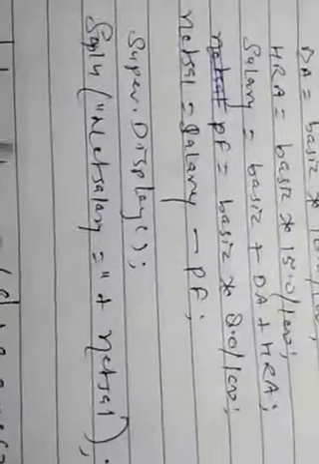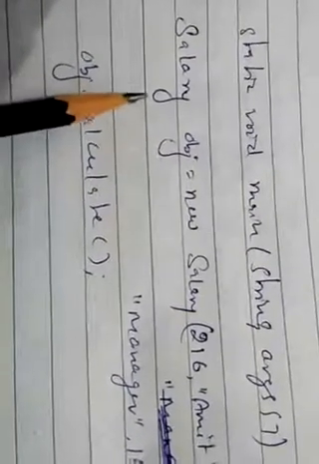So first we will call super.display. With the help of the super keyword we first call the display function of its base class, and then we print the net salary. Now we make the main function, public static void main String args. First we create the object of the derived class, Salary obj equal new Salary, and we require four values: the first for employee number, second for employee name, third for employee designation, and fourth for the basic salary.